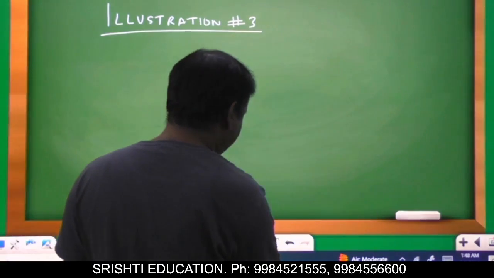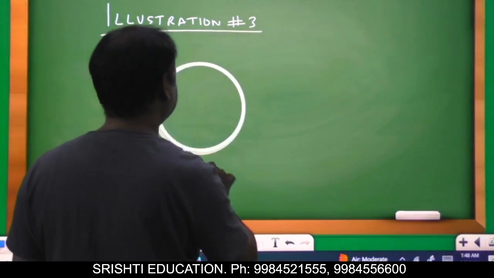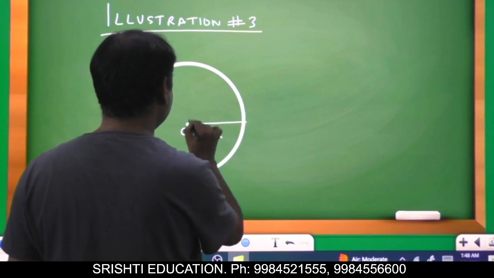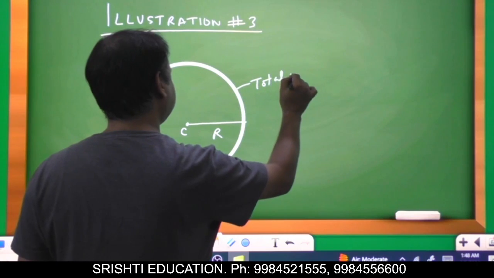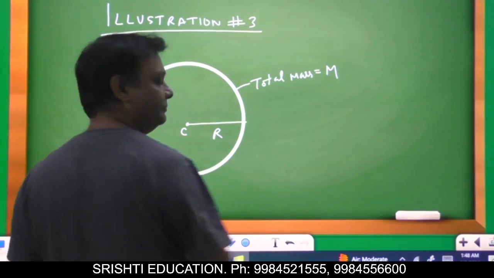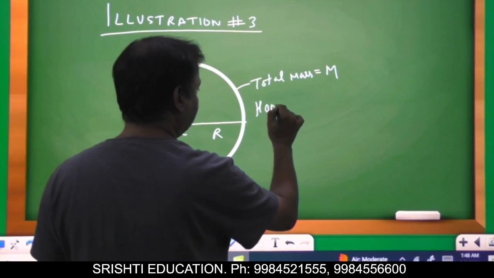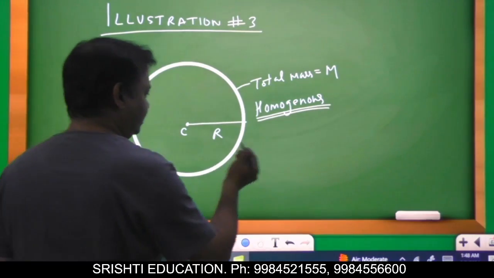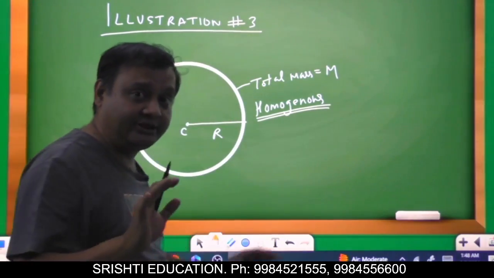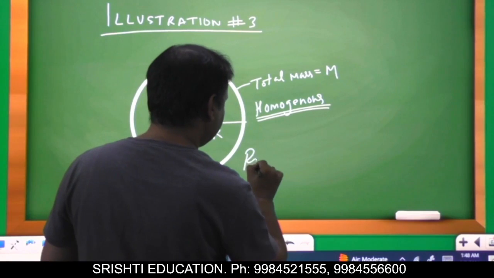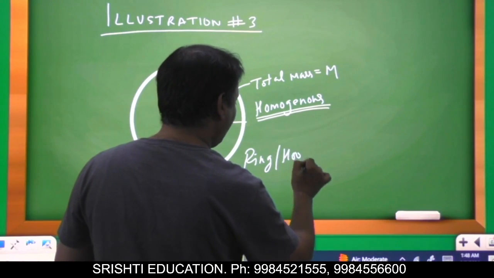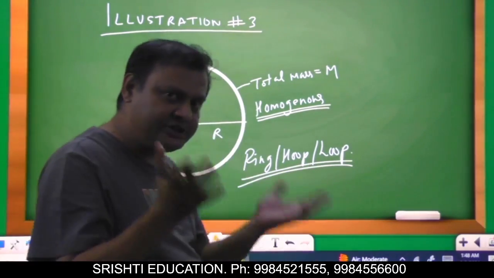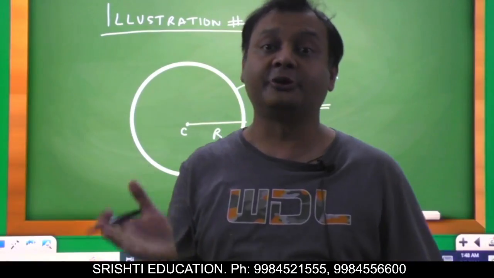Now suppose you have a ring. The ring has a radius r and the total mass is capital M. Again, I am saying the ring is homogeneous. You can call it a ring, a hoop, or a loop. Since the ring is homogeneous, that is, the mass is uniformly distributed,